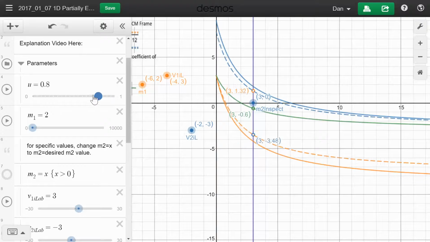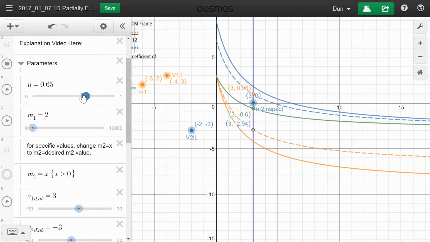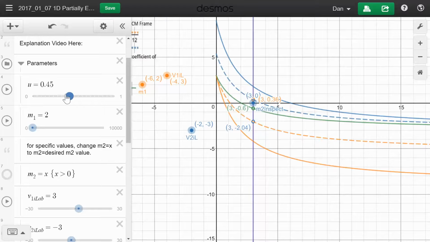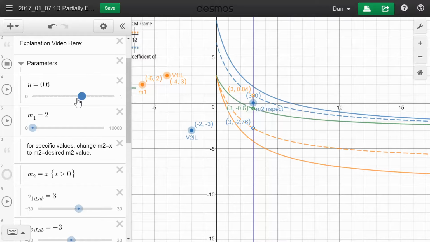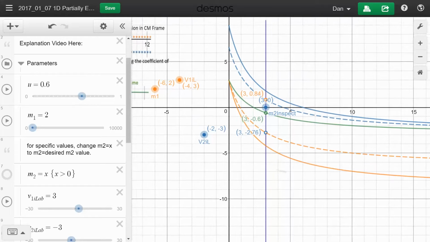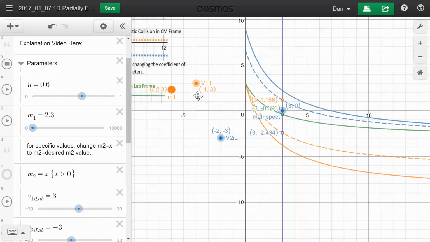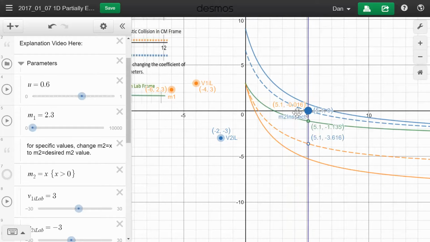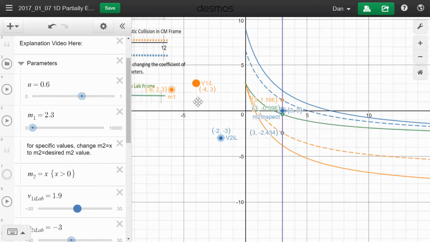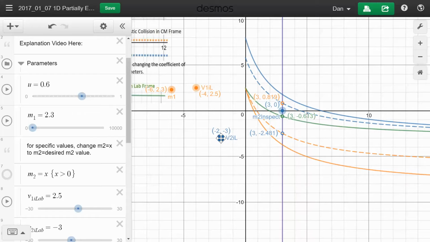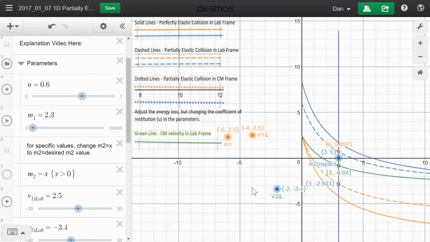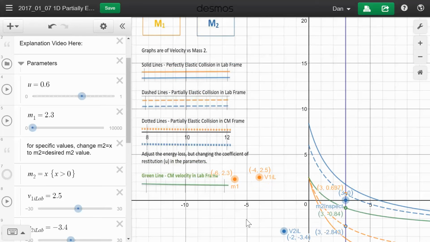So for students, I don't know that it's critical that they memorize those special formulas, but it is kind of neat to look at the relationship between the relative masses for perfectly elastic collision and the results that you get. This kind of lets you experience that. Again, you can change mass 1 with this. You can inspect for mass 2 with this, and you can change V1 and V2 before the collision with this. If you're not sure what any of these things mean, they're over here. So I thought I'd